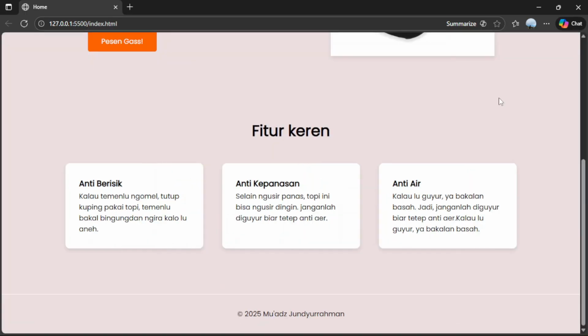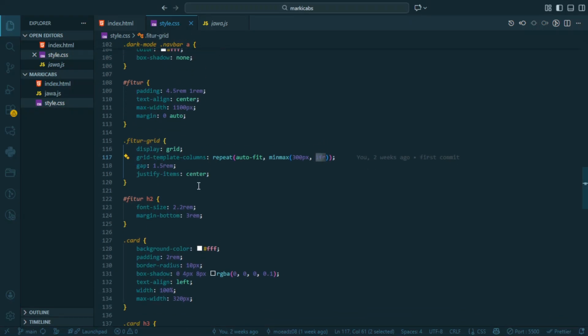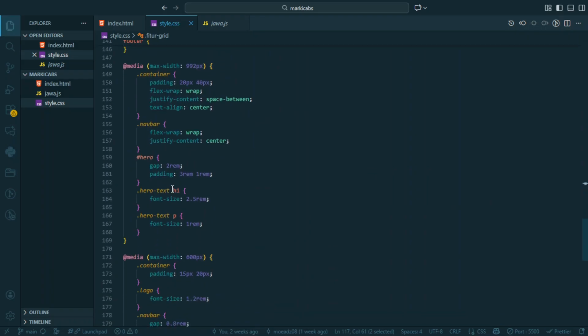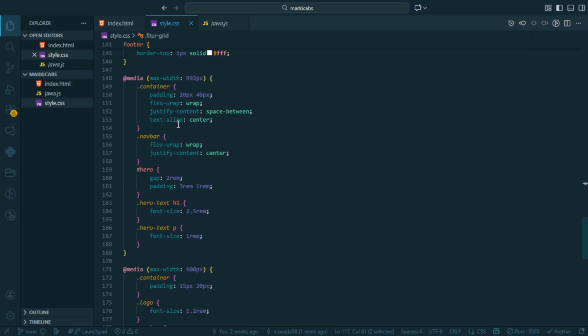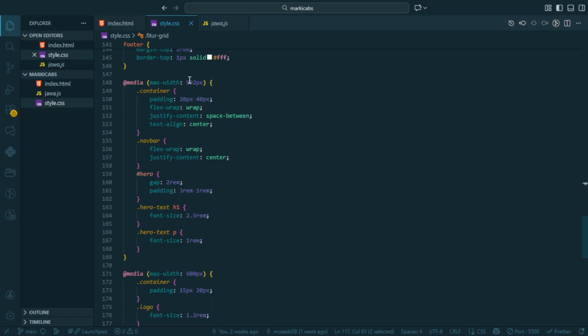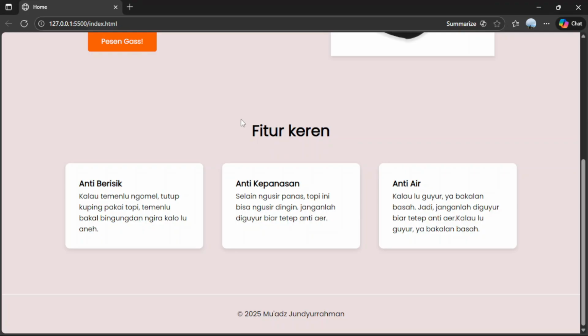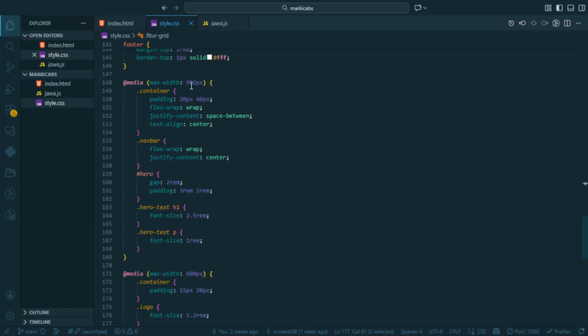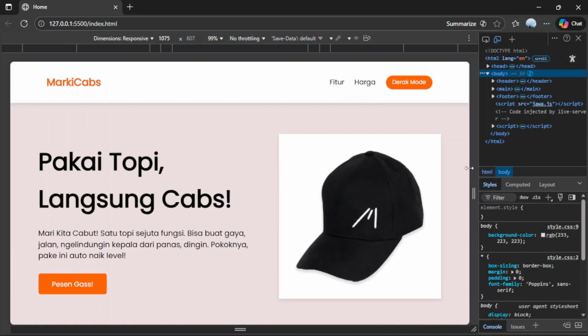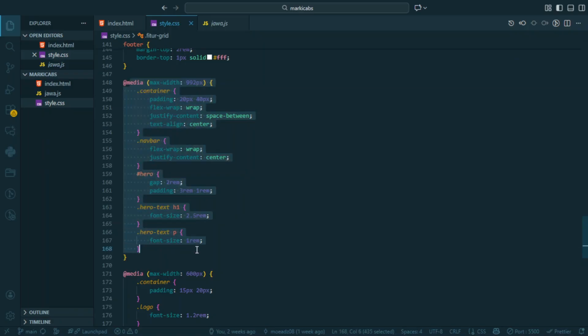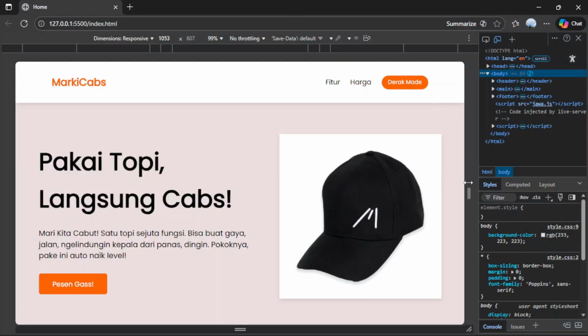Okay, and then I will show you the media queries. Where is media? This one, media queries. It's for responsivity. It means if the max width of the screen is 992 pixel, this CSS will apply, like this.